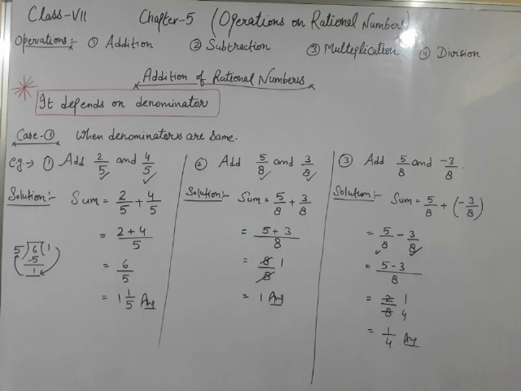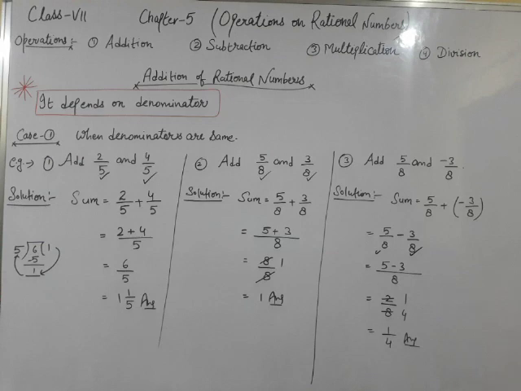In example 1, we have two positive rational numbers and we have to find their sum, and the main property of these kinds of additions is, in all these three examples their denominators are equal, and when denominators are equal we need to add or subtract their numerators directly. We need not take their LCM. In our next videos, when denominators will be different, then first we will take the LCM of their denominators and then we will solve our questions.